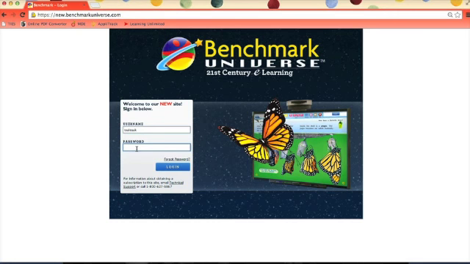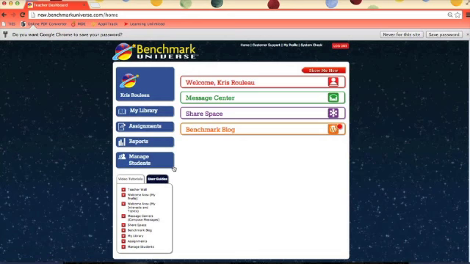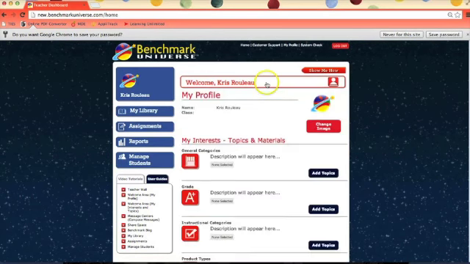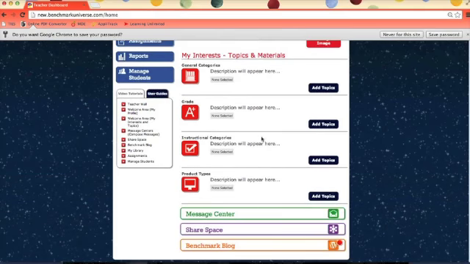Your password is the word teacher. Enter teacher and click login. When you get to the main page, this is the home page. These colored bands over here are really just kind of making it a friendly, sociable site. You can click on the welcome and set up a profile